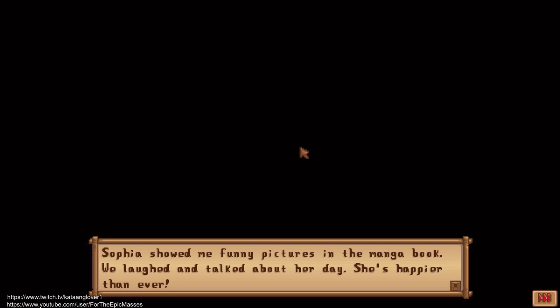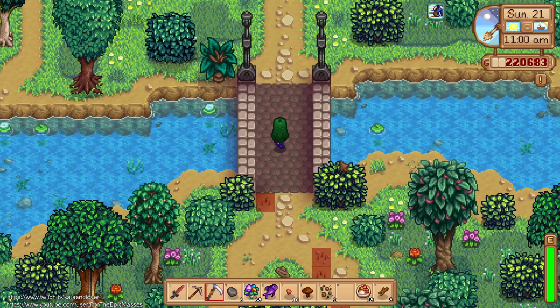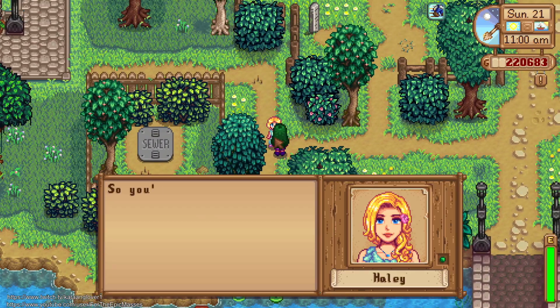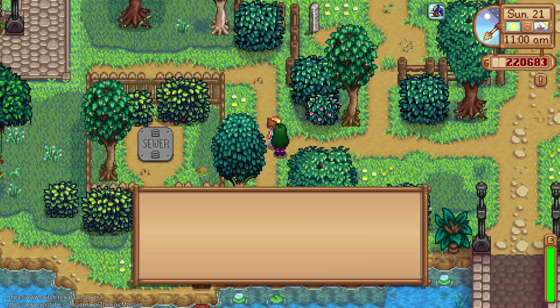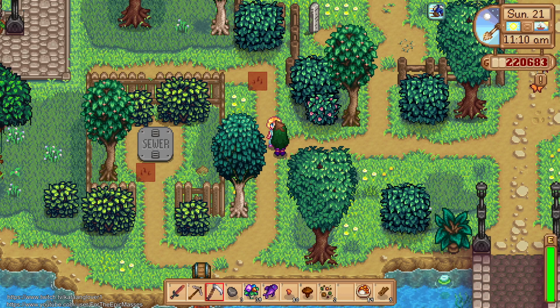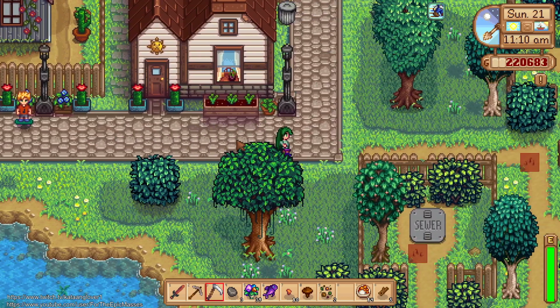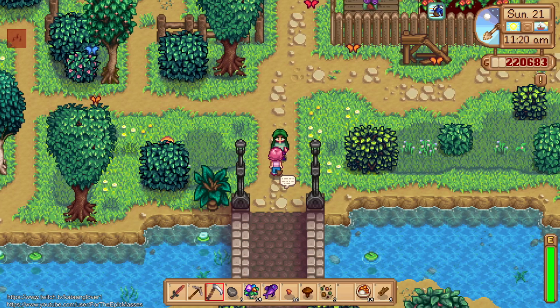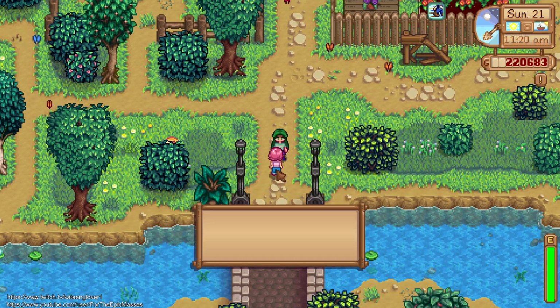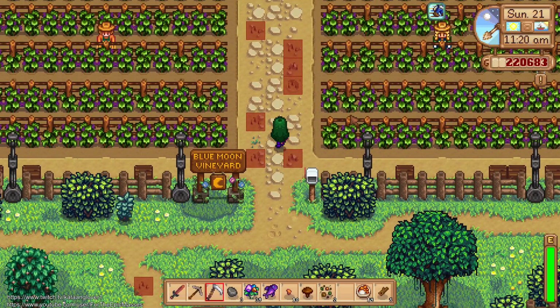So Sophia showed me a funny picture in the manga book. We laughed and talked about her day. She's happier than ever. Now we have to wait for a rainy day. Actually, we never said that out loud, but I've thought it. Oh, Sophia. Well, we have to go into her house, so...